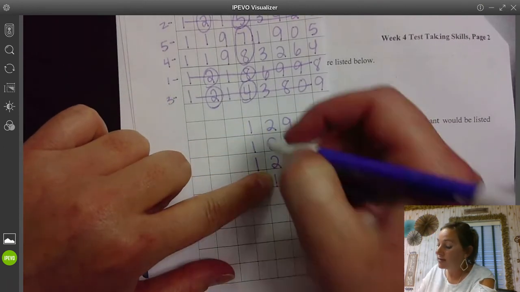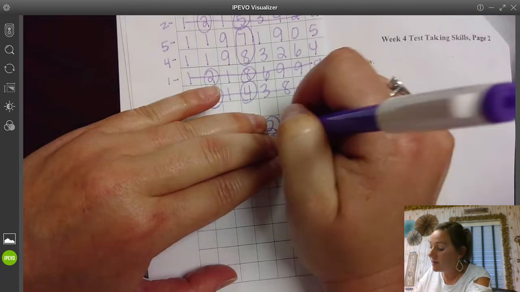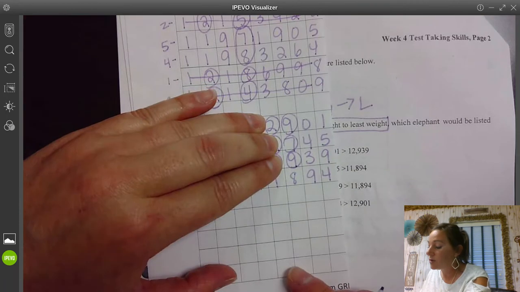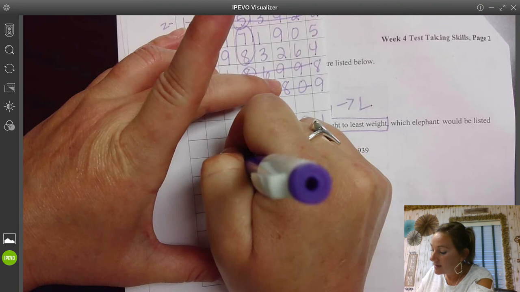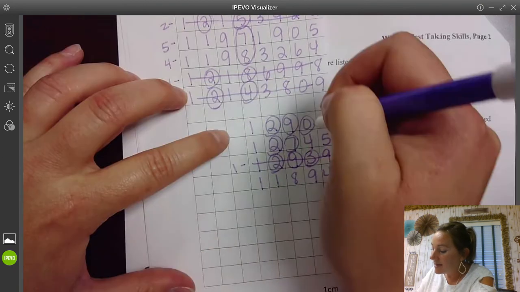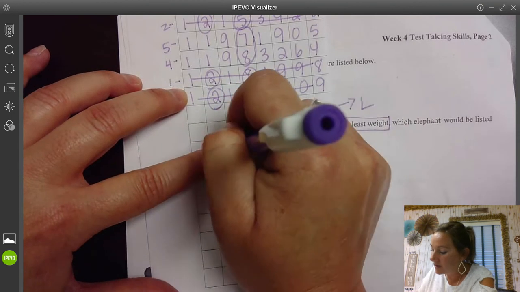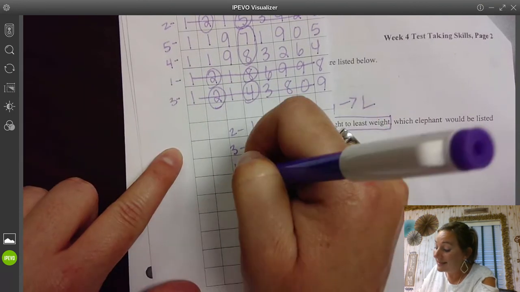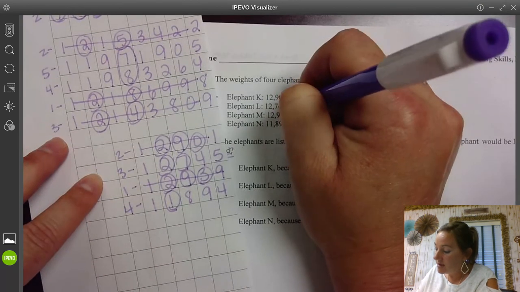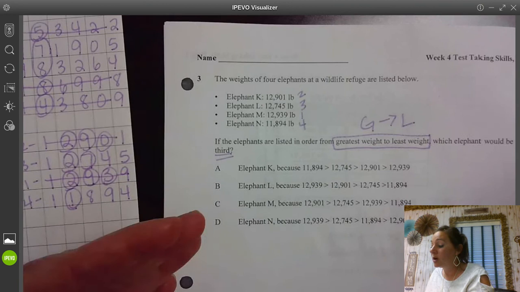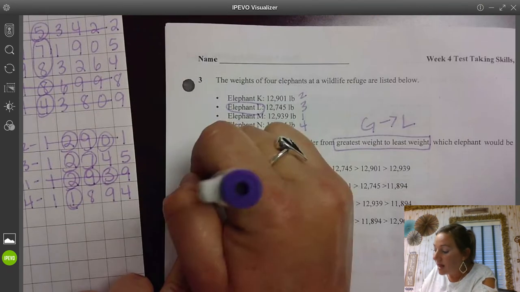2, 2, 2, 1. So look at my 2s first. I'm doing greatest to least. So they all have 2s. Go to the next place value. I have a 9, 7, and a 9. So we're going greatest. So let's look at our 9s now. Now we have a 0 and a 3. So my 3 is the first. And then that would make this 9 the second. Okay, and then here's my other 2. That'd be my third. So the one that has a 1, that's my least number. So that's the fourth greatest. So I have 2, 3, 1, 4. If I put them in order, which comes in third, my third was elephant L. So elephant L becomes